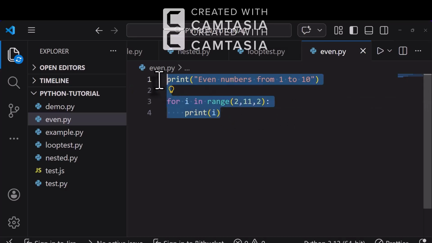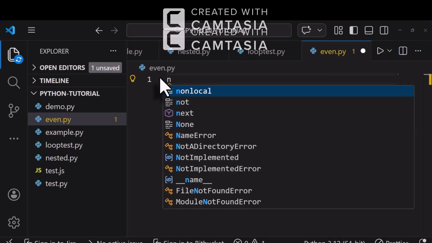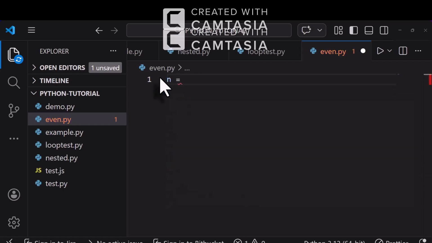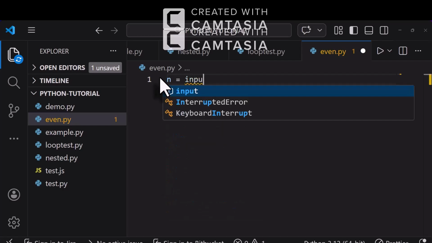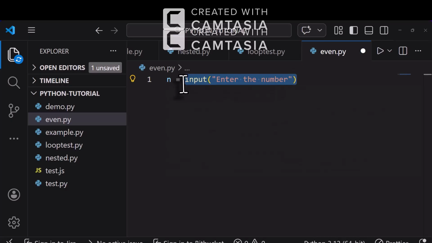The next program is very interesting. The next program is for printing a multiplication table. To print a multiplication table, we actually need a number. We have to ask the user to enter the number. For that, we'll be using the input function in Python, and I'll be writing here, enter the number. And remember that whenever we use the input function in Python, the input is always accepted in the form